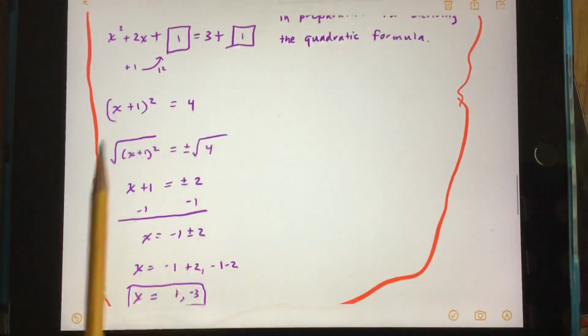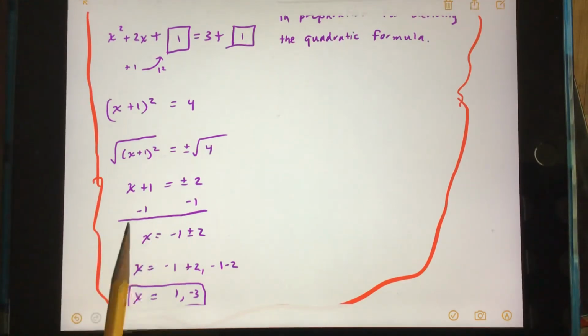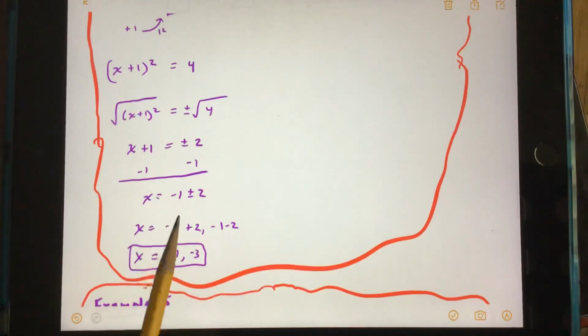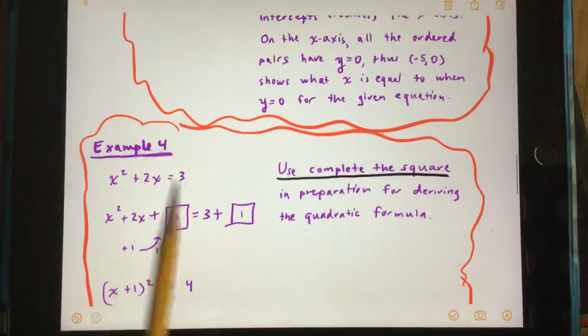Then I take the square root of both sides. And I'm left with x plus 1 equals positive or -2. Subtract 1 on both sides, giving me x is -1 plus or minus 2. And then x is equal to -1 plus 2. There it is, -1 plus 2. And -1 minus 2. That comes from here, -1 minus 2. And the result of that is the solutions of this equation by completing the square is x equals 1 or -3. Truthfully, factoring this equation, setting it equal to 0 and factoring it would have been easier than completing the square,